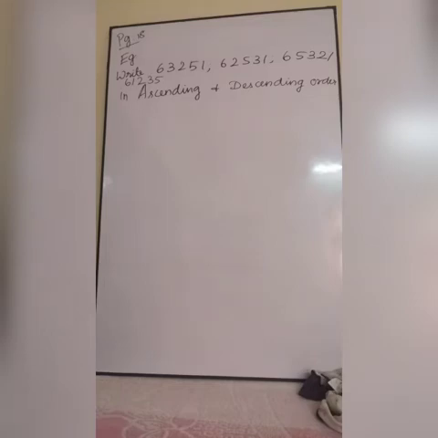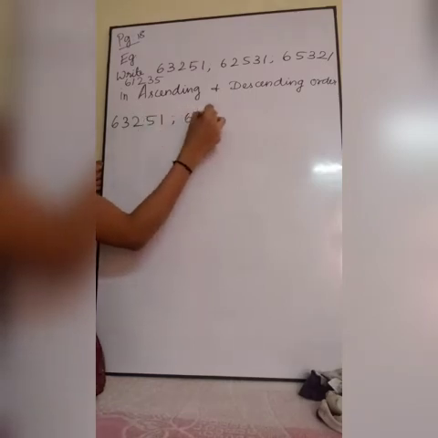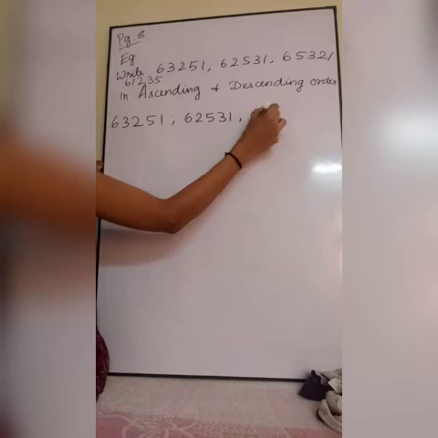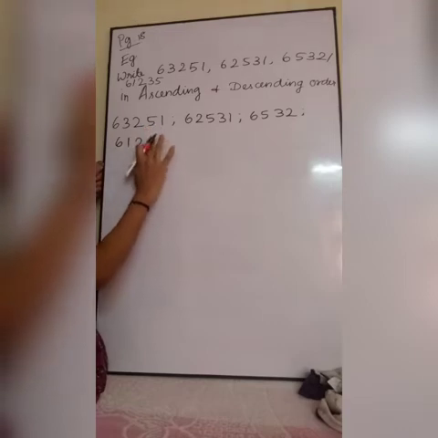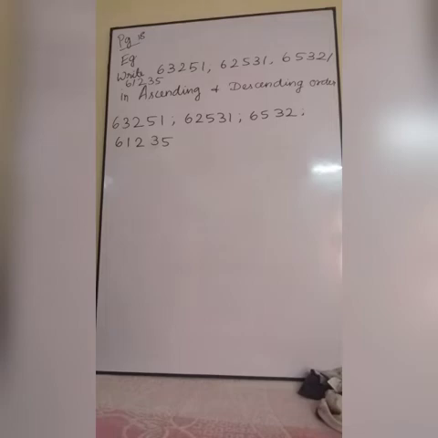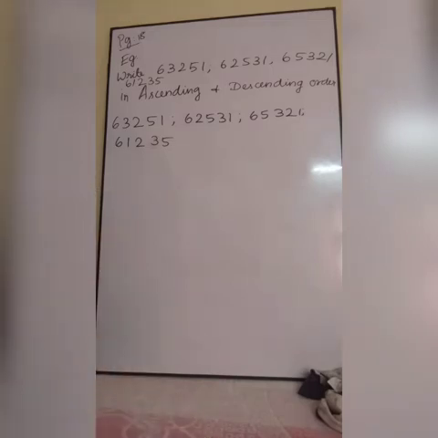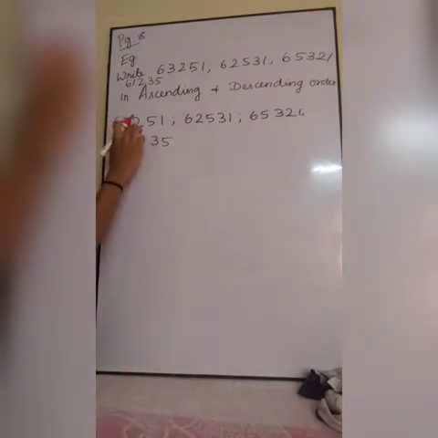Before ordering those numbers in ascending and descending order, we should compare them, right? So first I will write the question. Okay, this is what our given numbers are. So what I told you: by doing comparison, you should count the number of digits. So first I am going to count it. Listen. 1, 2, 3, 4, 5.